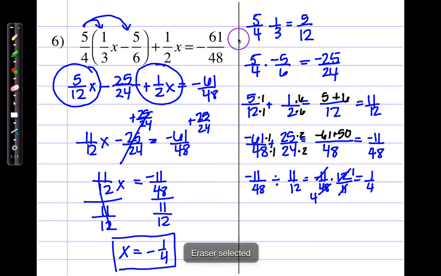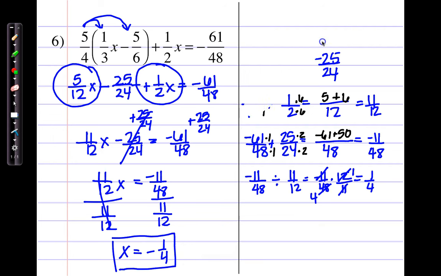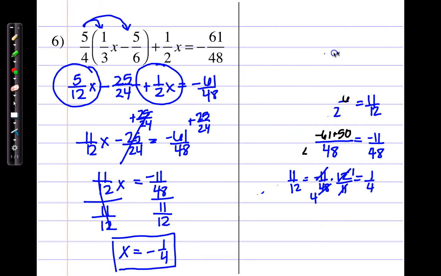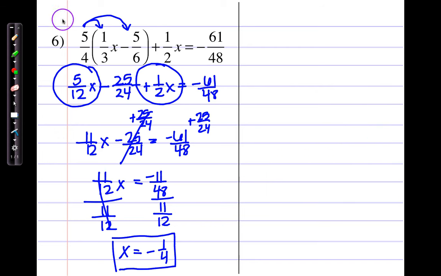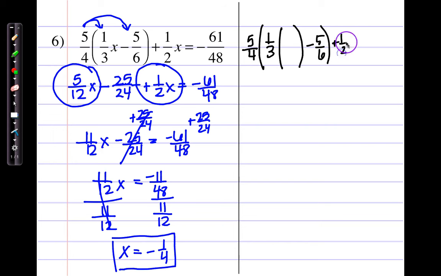Now here, I'm going to have to check my work, so I'm going to go ahead and erase all of this because I'm not going to have enough space. You don't want to do this on your actual work, but for my case, I'm going to have to so that you can see. I'm going to rewrite everything exactly the way that it is. So 5/4 times the quantity 1/3, but instead of an x, I'm going to put a set of parentheses here. Minus 5/6 plus 1/2, another set of parentheses, equals negative 61 over 48. So what goes in the parentheses? I'm going to put a negative 1/4,